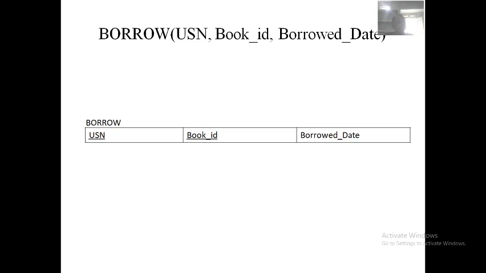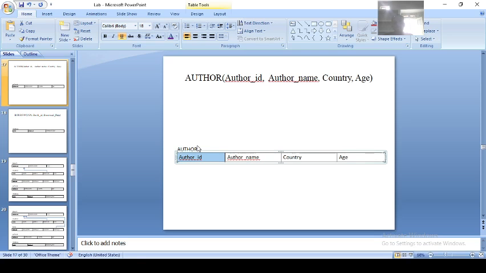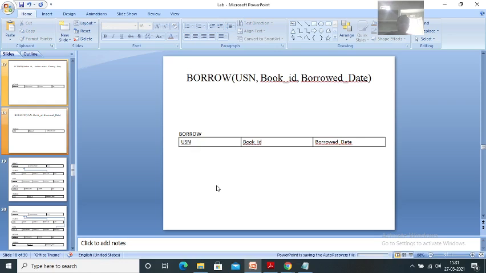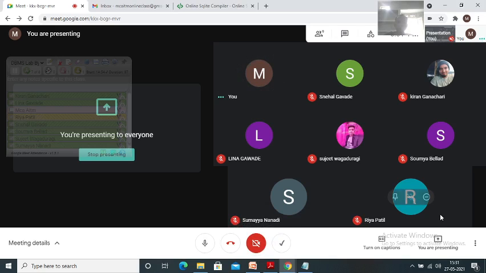Okay, which is the primary key in this table? In the borrow table, there is no primary key.